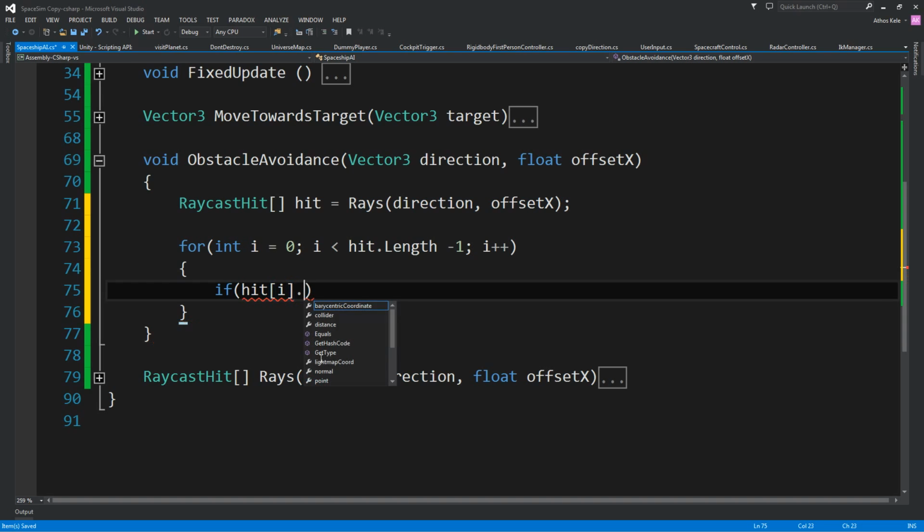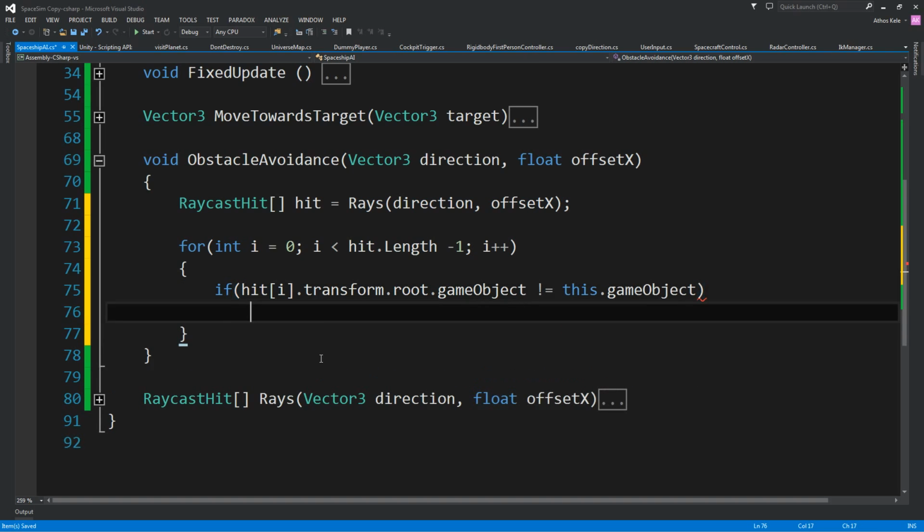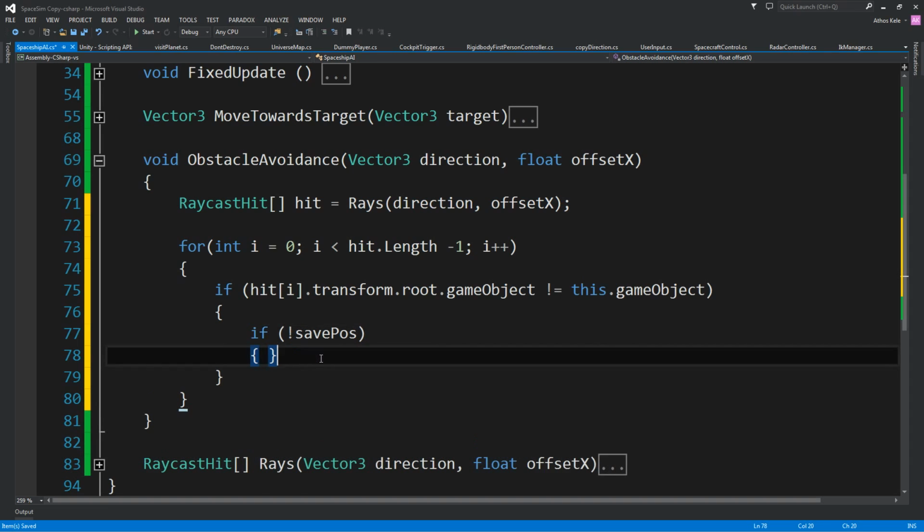So if the hit.transform.root.gameObject is not equal to this.gameObject, that means we are not hitting our own colliders, and we will say if we haven't saved the position,